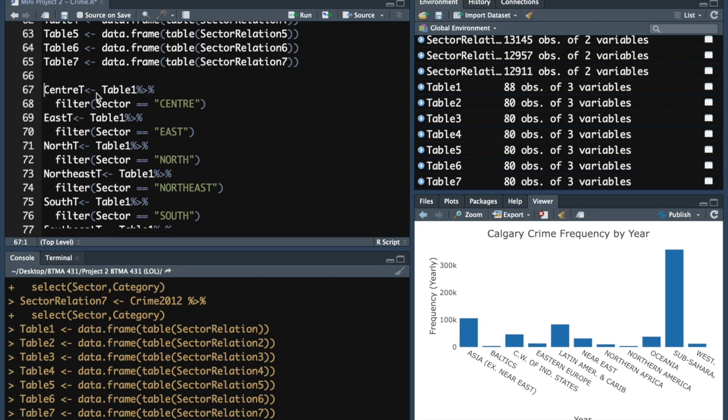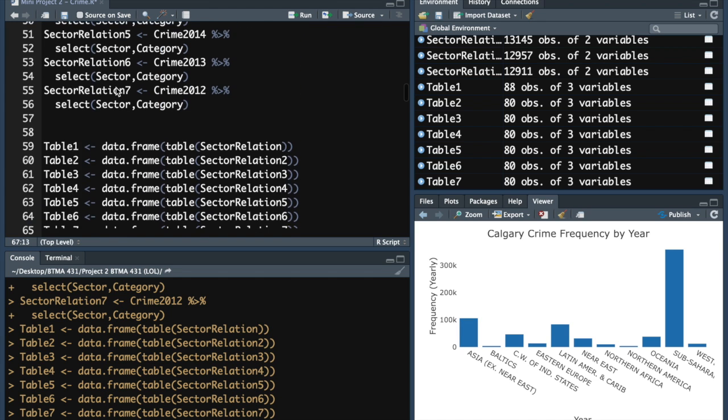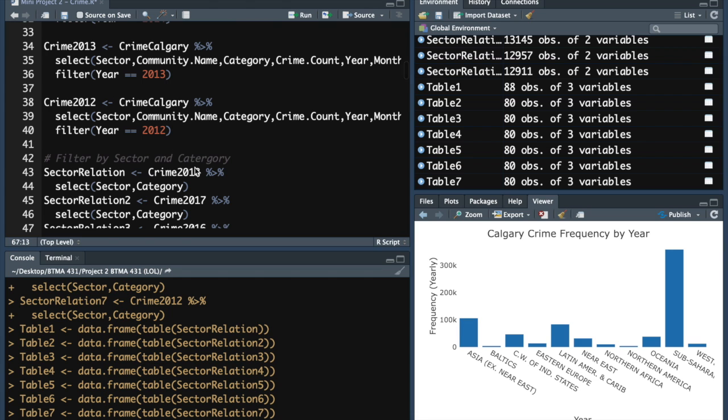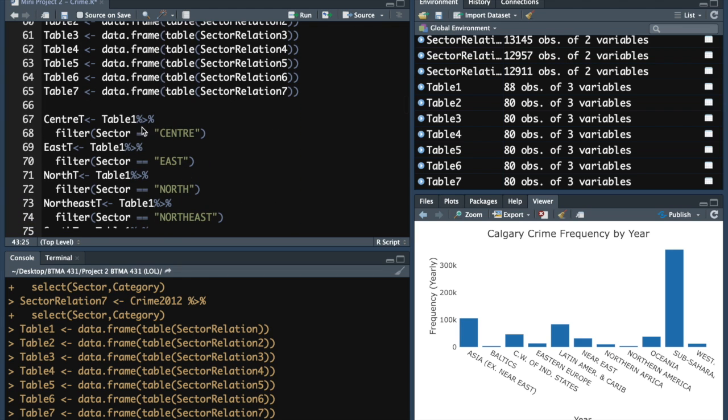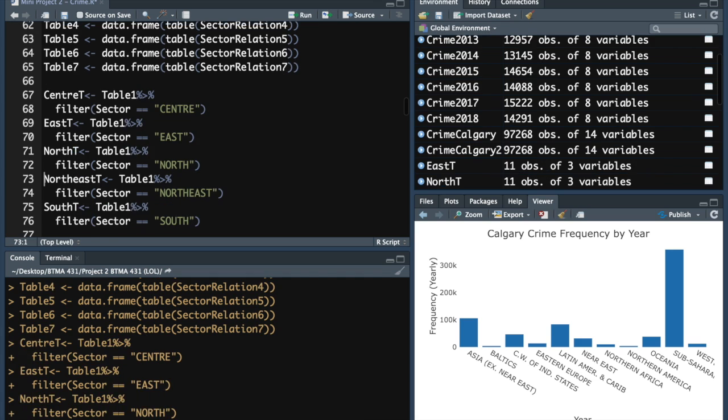And then we have here another data frame where we just filter by the sectors, and that's only with table 1. Table 1 is, as you guys can see here, only for 2018. So we're just going to analyze each sector in 2018 with those functions. So we run these,